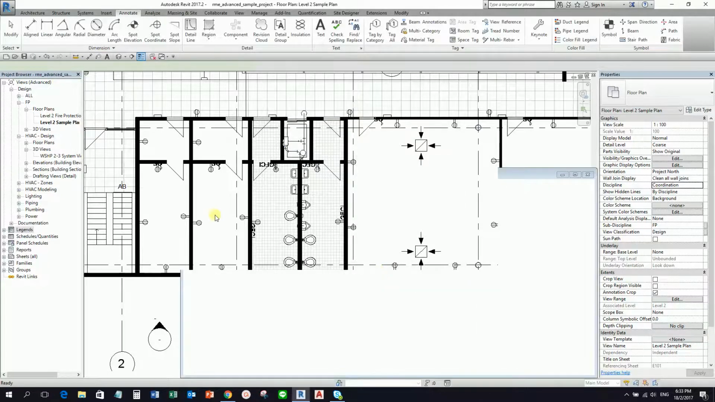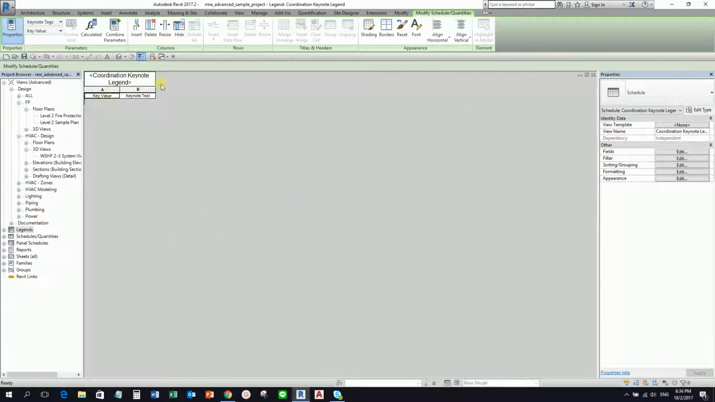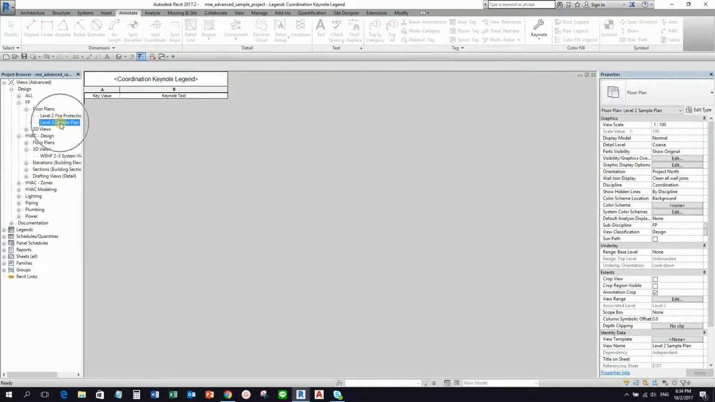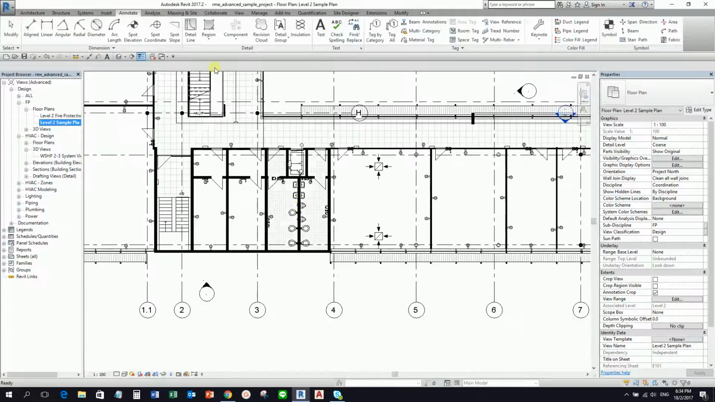So there you go. So by default, of course, there's no value yet, right? Because I haven't placed my keynote, which is what I'm going to do next. Okay. So after that, I'll try to add now the keynote. So we have three types of keynotes here. So going back to my sample plan, going to my annotate keynote. Okay, so I have three types of keynote here. The first one is